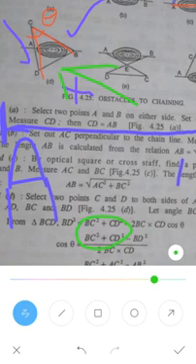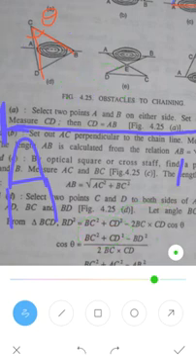This is how you have to remember. Whatever the numerator is here, the two sides which you have added, those two sides you bring to the denominator, 2 into 2 sides. This is how you have to write the cos theta formula. Okay, so this is how you have to remember.